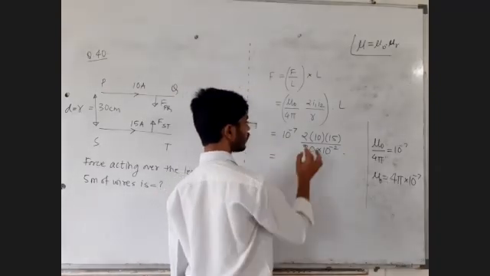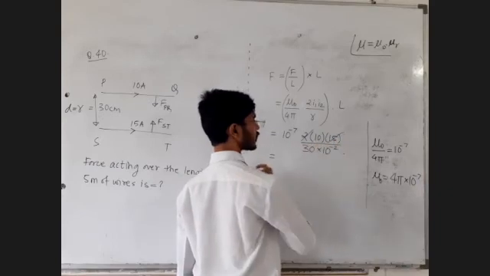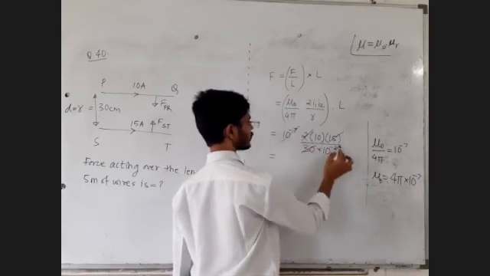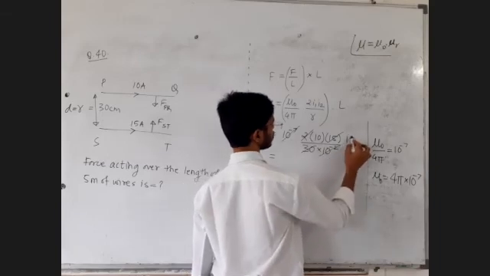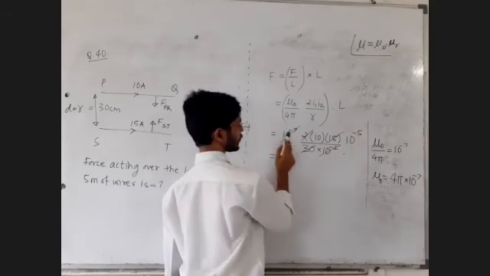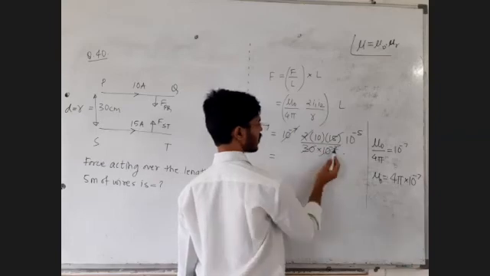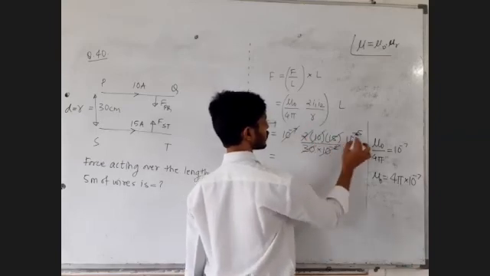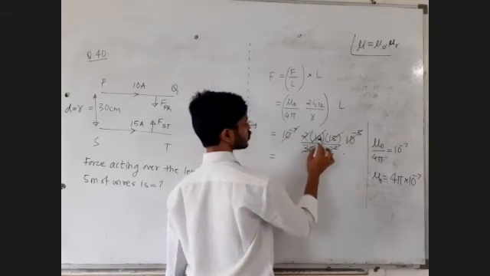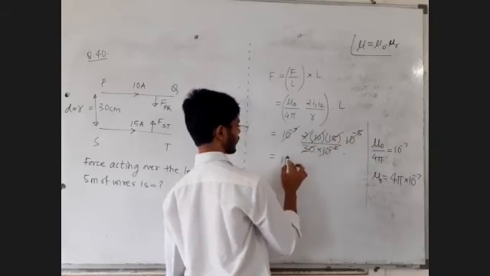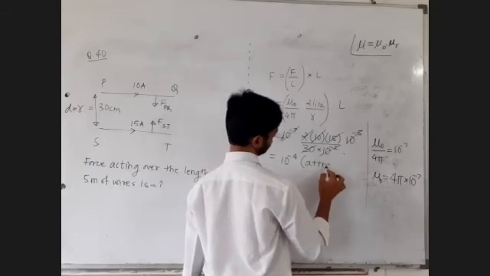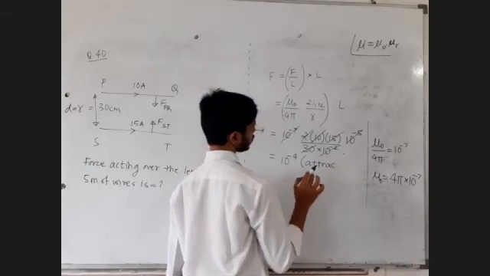Fine. Now 15 into 2 is 30. 30 cancels. 10 raised to minus 7 and 10 raised to minus 2 cancel. That will become 10 raised to minus 5. Minus 7, minus 2 cancel, minus 5. Or this minus 2 goes up and becomes plus 2 and all those things. 10 raised to plus 1, 10 raised to minus 5, that gives 10 raised to minus 4. And in the bracket, the force of attraction will be this. Check if I am right or wrong.